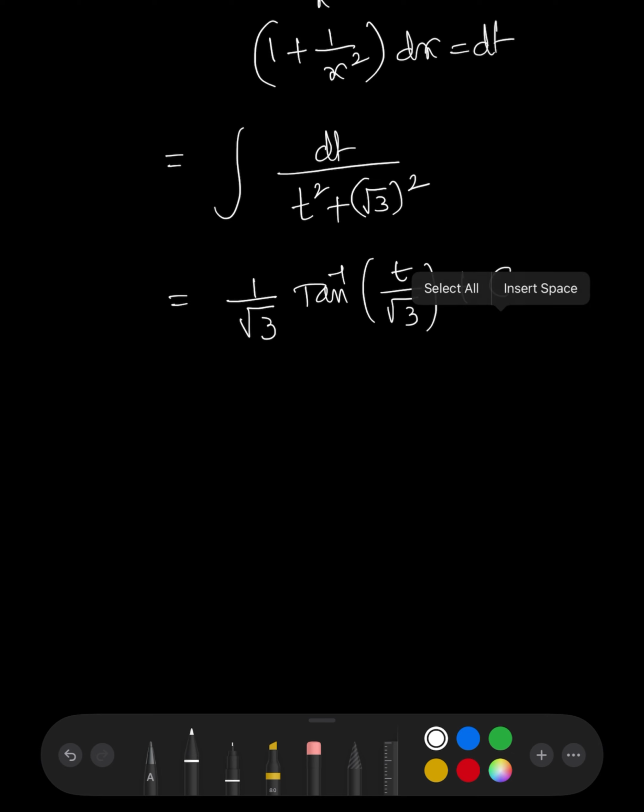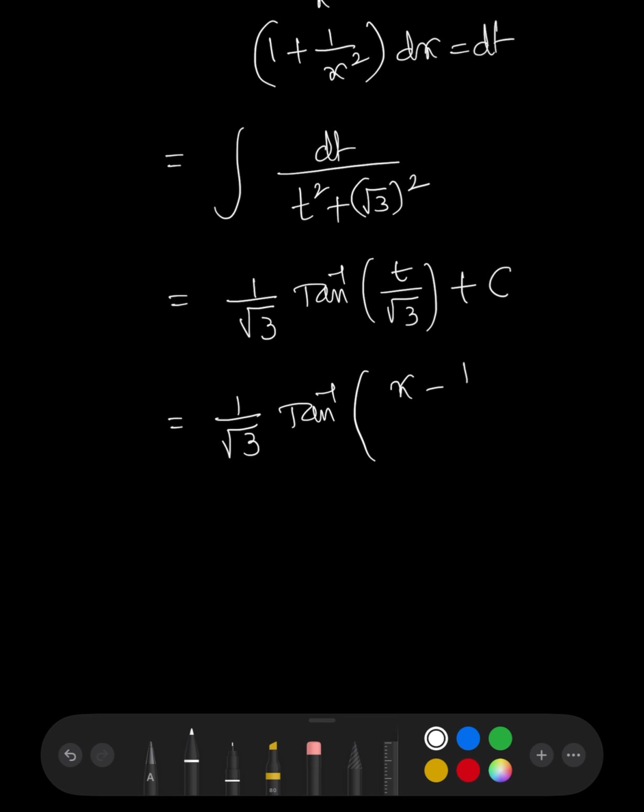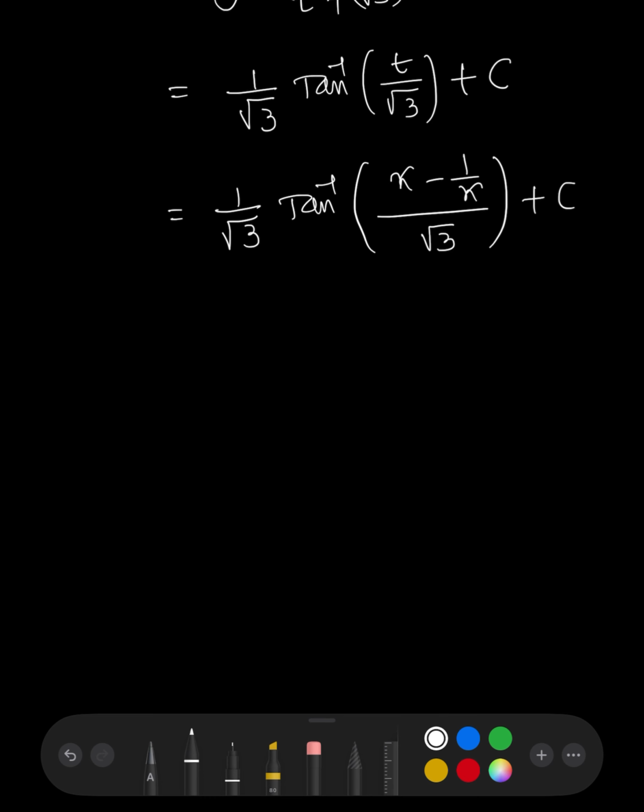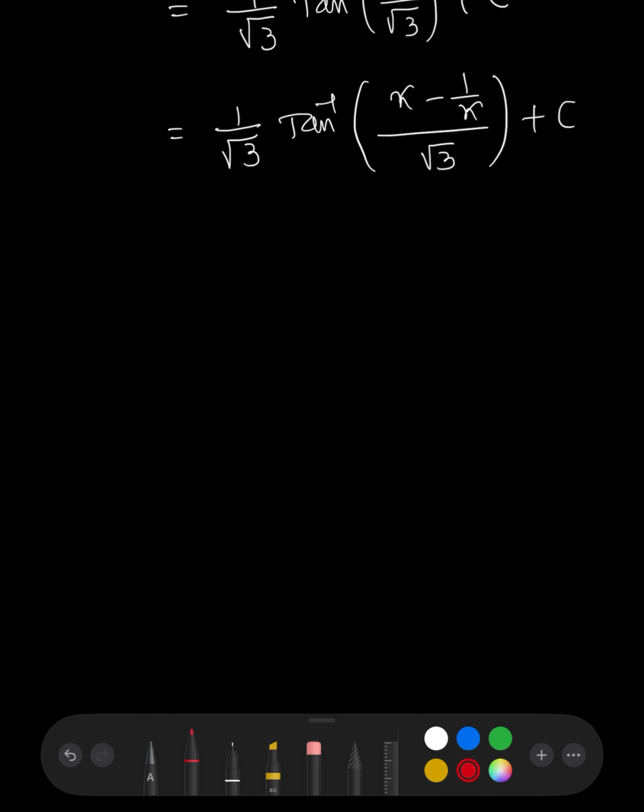Let's see, here t is what? x minus 1 by x, 1 by 3 tan inverse of (x minus 1 by x) by root 3 plus c. Right. Now coming to the next question,